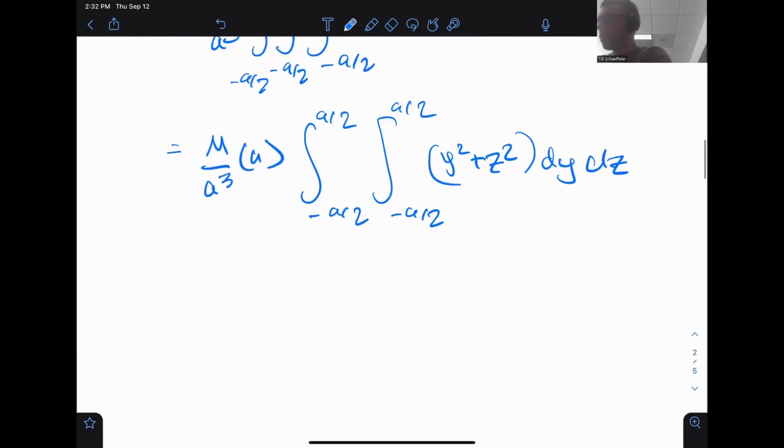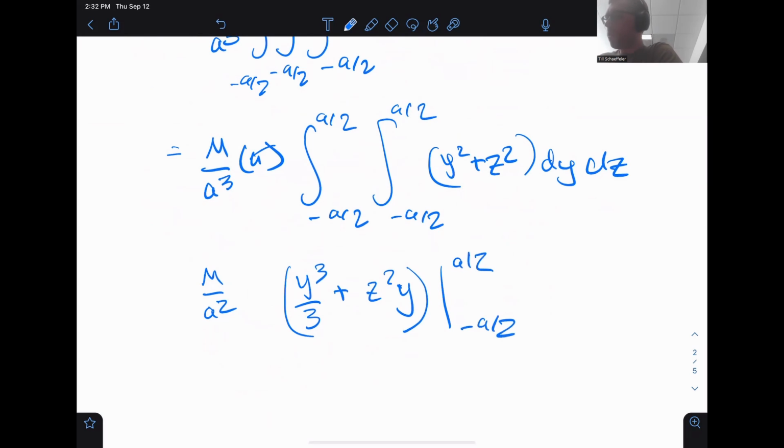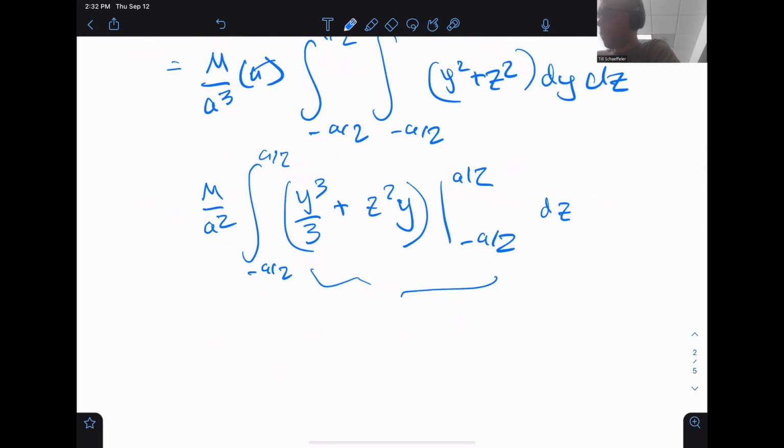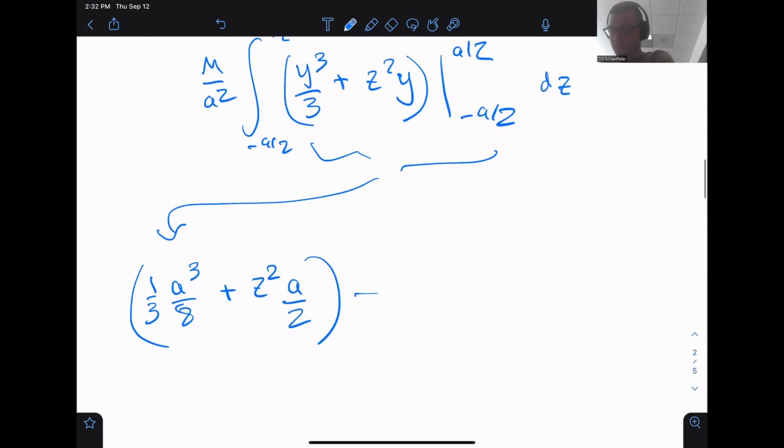The y integral is going to give you y cubed over 3 plus z squared y, from negative a over 2 to a over 2. And then there's still the outer integral after that. So if we look at just this inner part, that is 1/3 a cubed over 8 plus z squared a over 2 minus 1/3